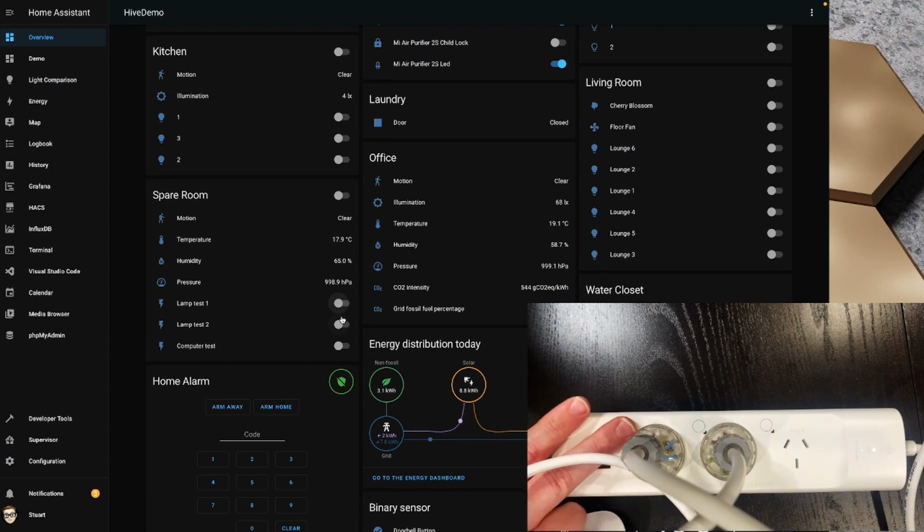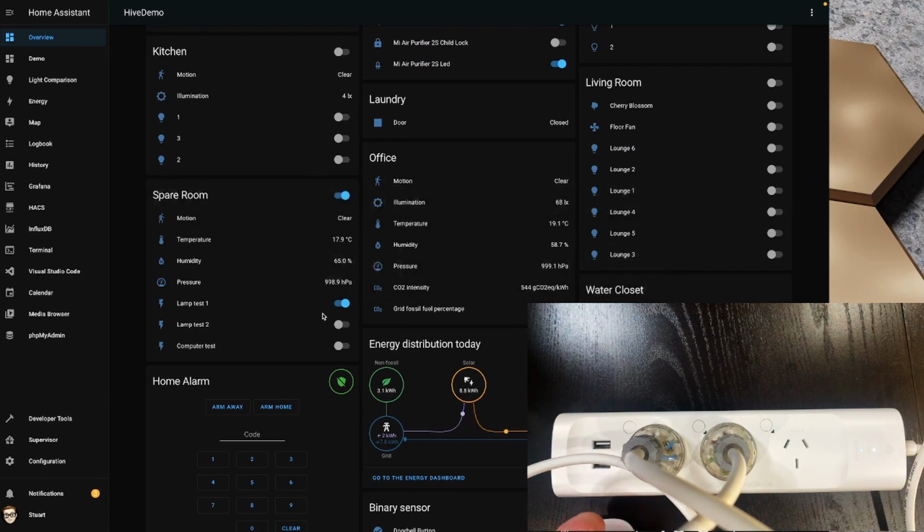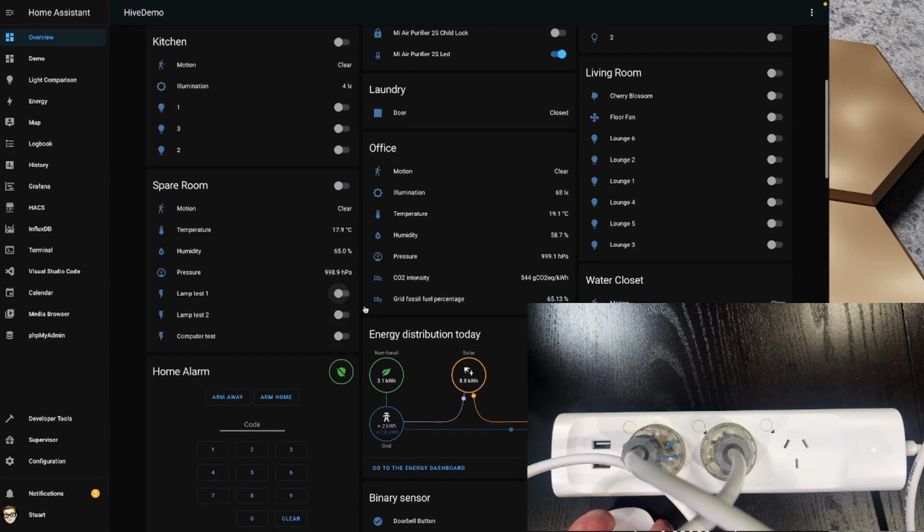If we hit one of the physical buttons as well, we should get an update in the Home Assistant interface in a moment. Okay, so that took a little longer than I would have liked. It took about 5 seconds. That's fine. It's not a deal breaker for me, but switching it on and off through the Home Assistant UI